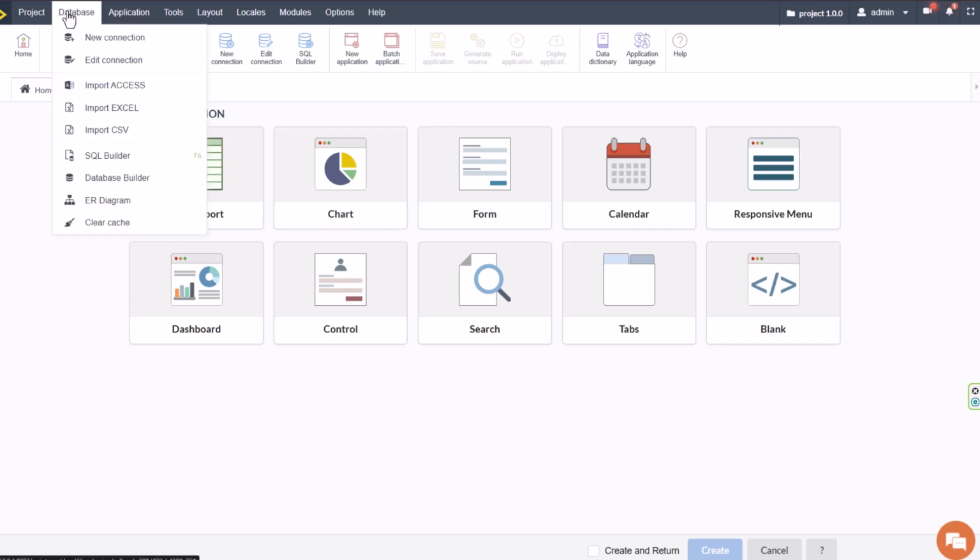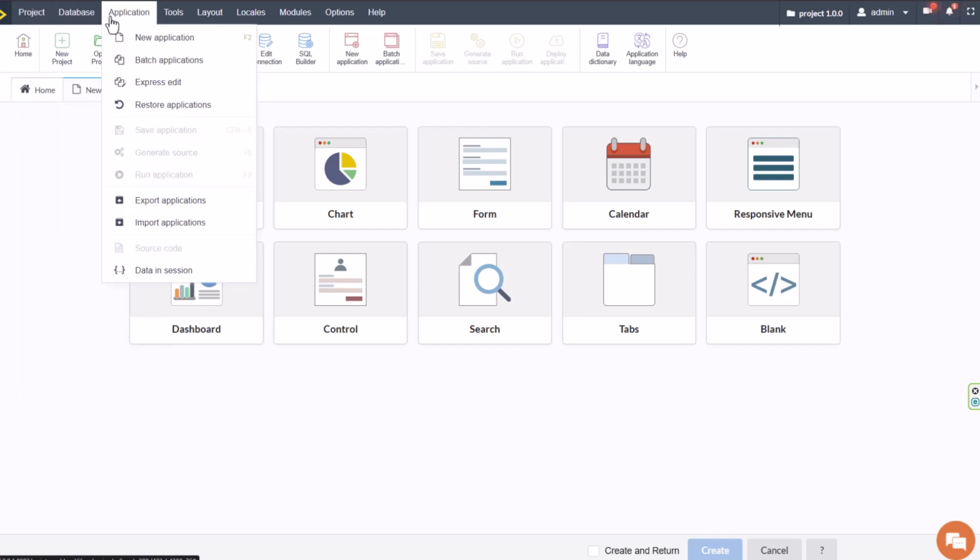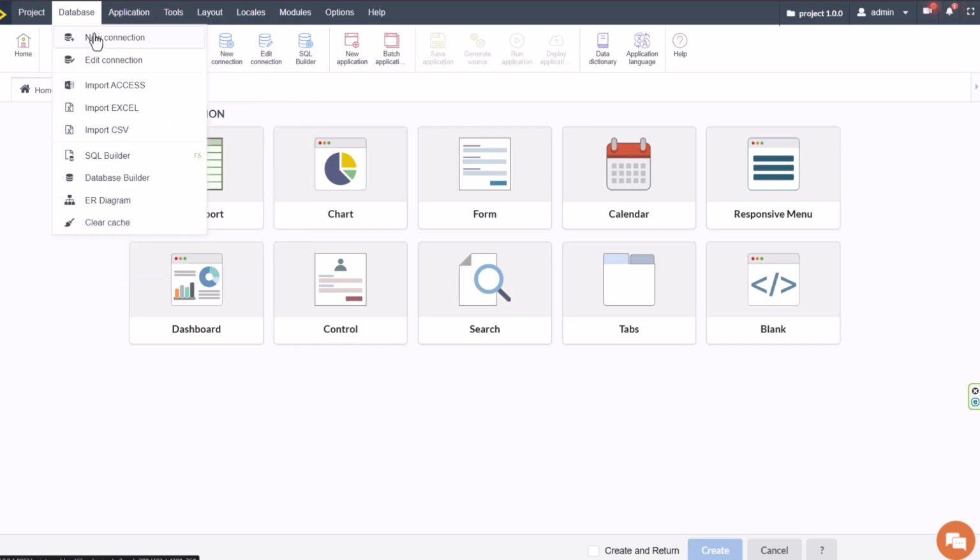the database configuration right up here in the menu. So our menu up here presents us many options. I'm going to start here with the database. We have here the option to create a whole new connection or edit our existing connection if we wanted to, as well as import from Access, Excel, CSV, so we can import from those documents and create our applications. We also have the SQL builder, the database builder, the ER diagram, as well as the option to clear the